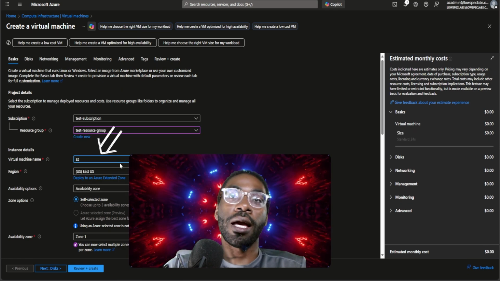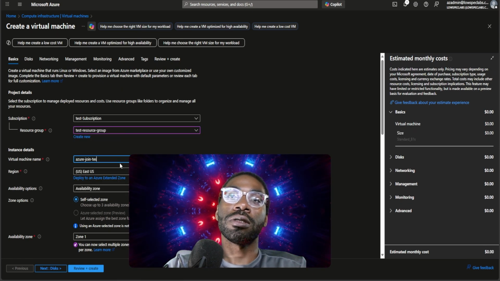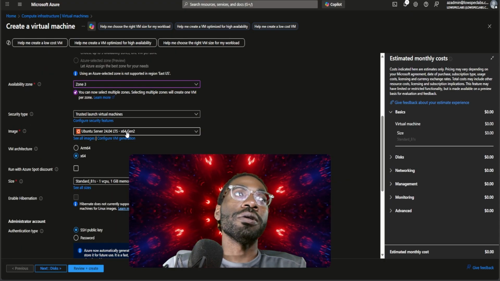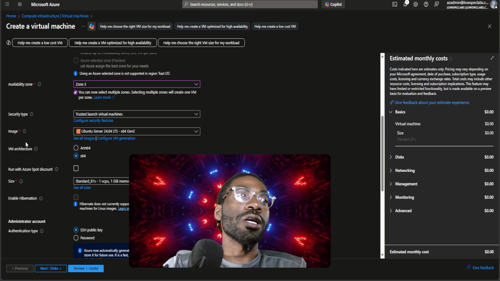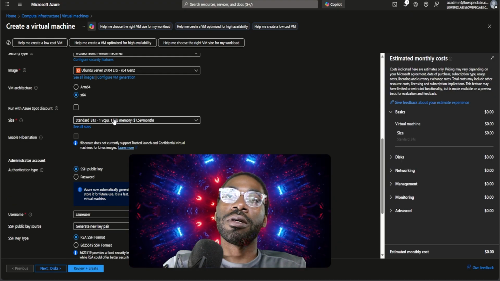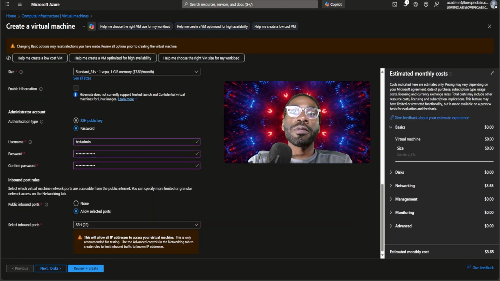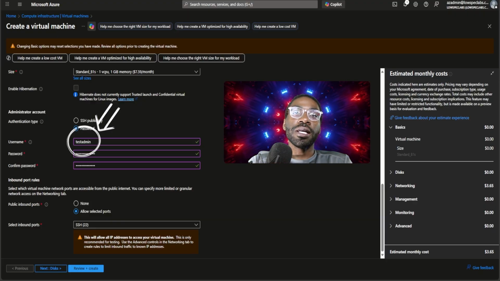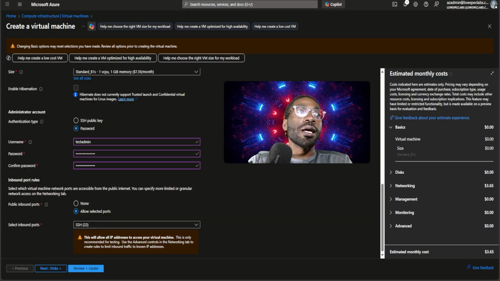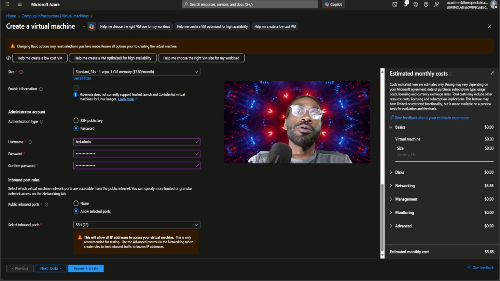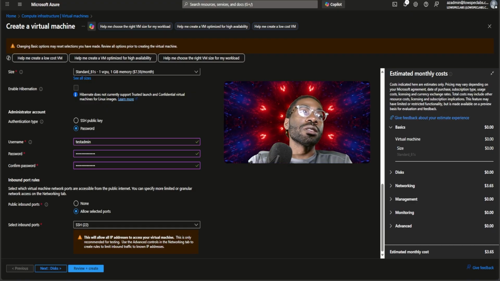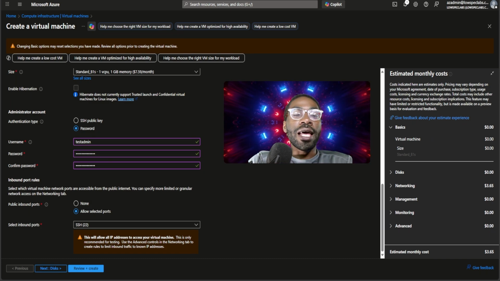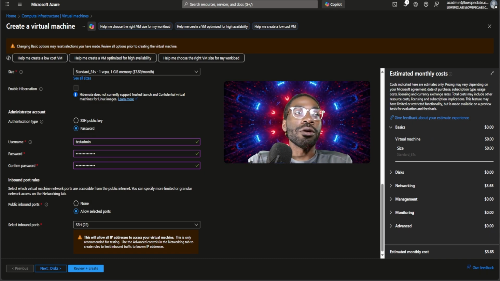machine name Azure join test VM. Zone is going to be zone 3 and go with Ubuntu server LTS as our operating system. Standard B1S size. Something to note is that we are not using SSH public key here. Instead, we're using test admin as our custom username, and then we created a new password. We're using separate credentials from our AZ admin because we need that account to test against later once we've completed